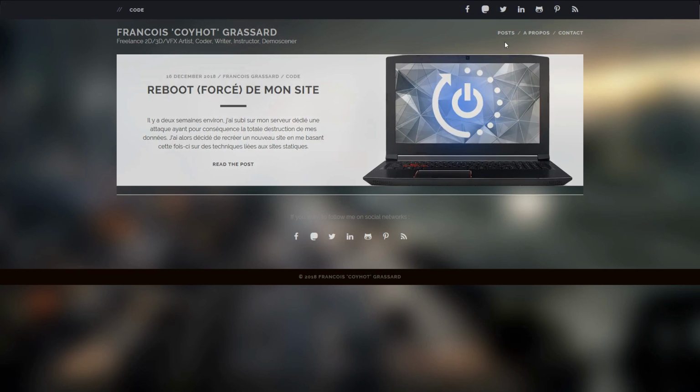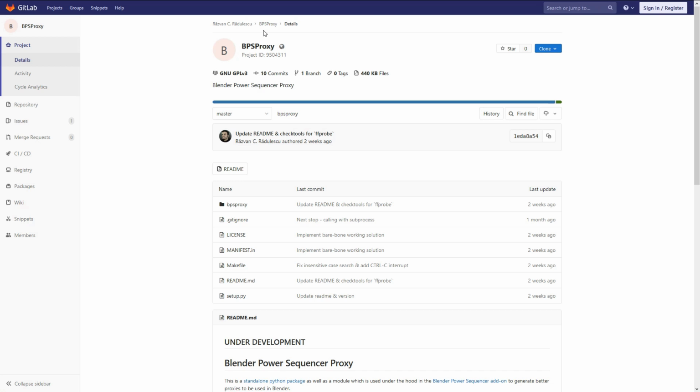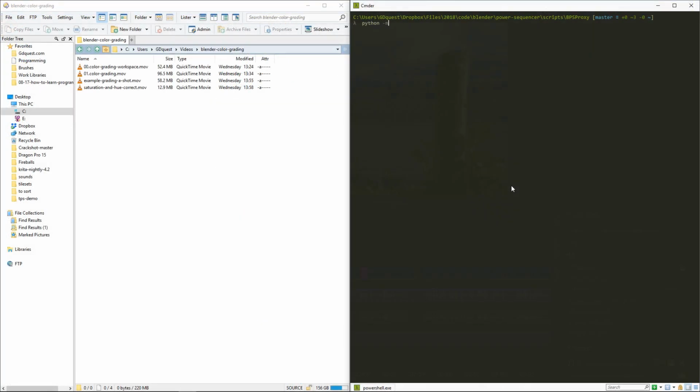And I have to thank François Coyote-Grassin in there because he's a specialist when it comes to video encoding. He's been working on that for a very long time. He gave us FFmpeg presets and explained the parameters to us to create really optimized proxies. So now we have this smart tool that we can use from Python or as a standalone command line executable